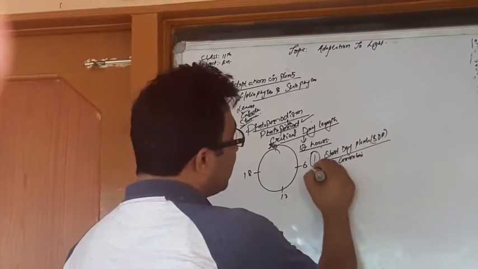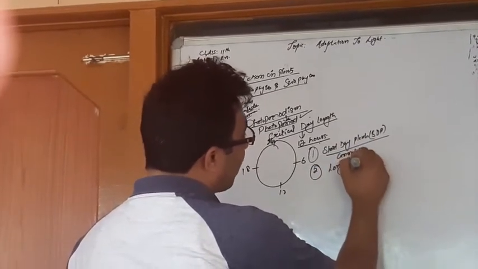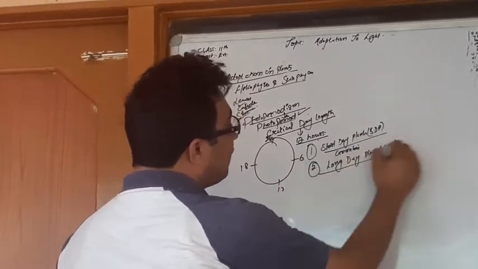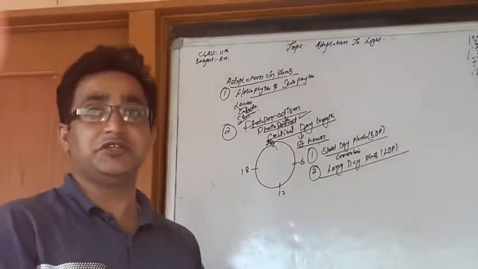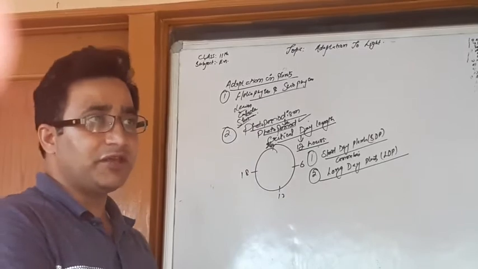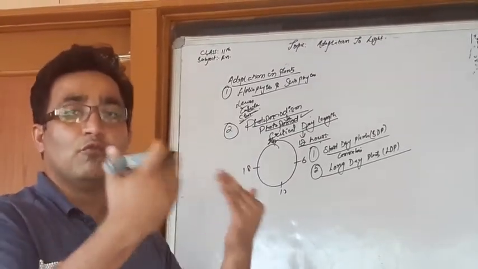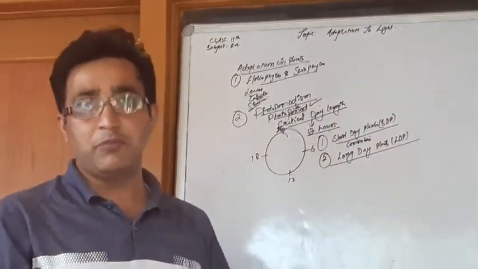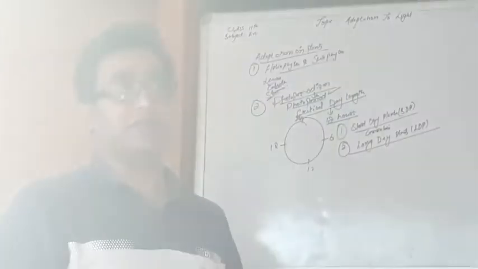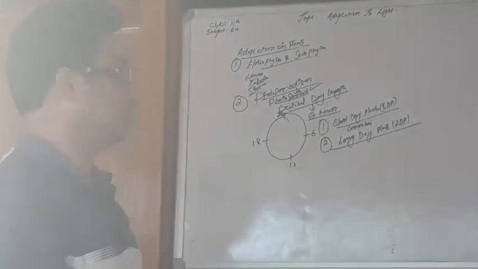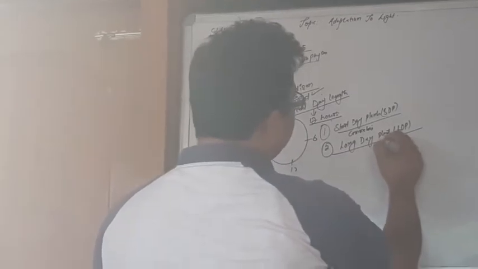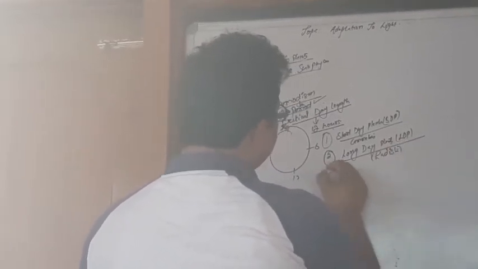इसी तरह दूसरी कैटेगरी जो है दैट इज लॉन्ग डे प्लांट्स। These plants they flower when they receive the light or when they receive the photoperiods which are more than the critical day length। That means these plants are only able to flower when they receive the light which is more than 12 hours। तो यहाँ पे इनको लॉन्ग डे कहते हैं। जैसे कि अगर हम इसमें एग्जाम्पल भी देंगे तो रेडिश एक एग्जाम्पल है, इसमें रेडिश की एग्जाम्पल आप दे सकते हैं। इसी तरह डे न्यूट्रल प्लांट्स,